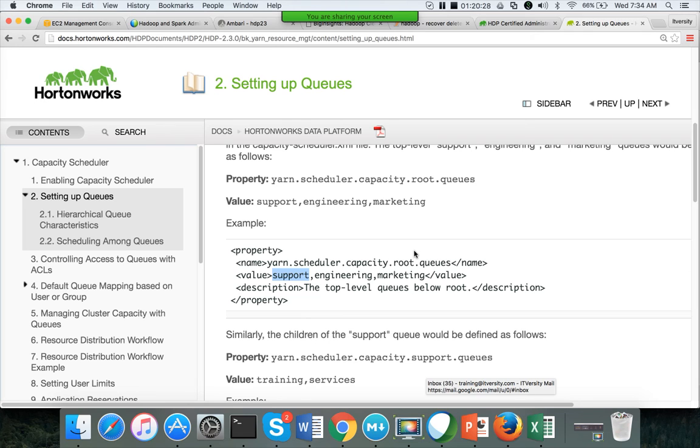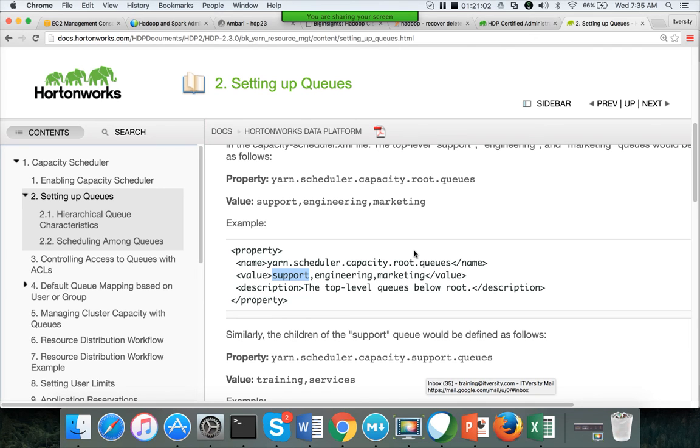So that is one drawback of the capacity scheduler. It might not use the entire capacity, but you can separate jobs related to a particular team or application into a different queue to make sure that application or those jobs will not be impacted by the long running jobs of other, non-related applications. So this will work very well for multi-tenancy compared to the FIFO scheduler. Okay, so that is about the capacity scheduler.